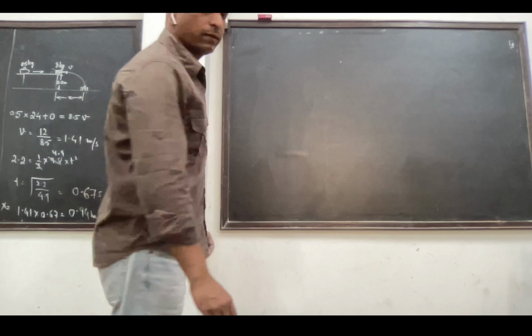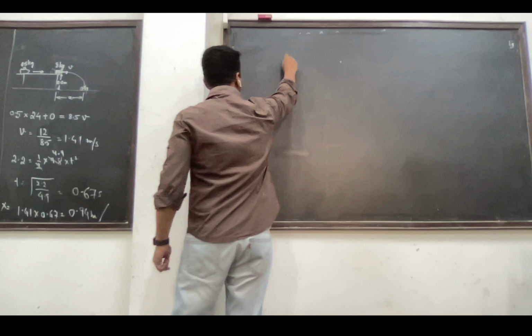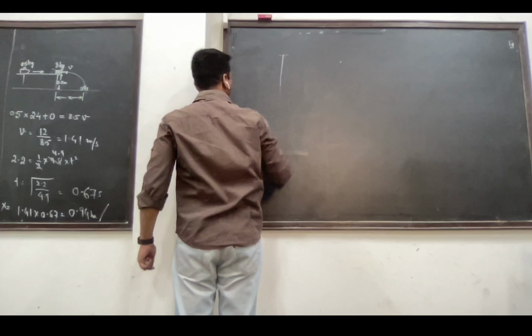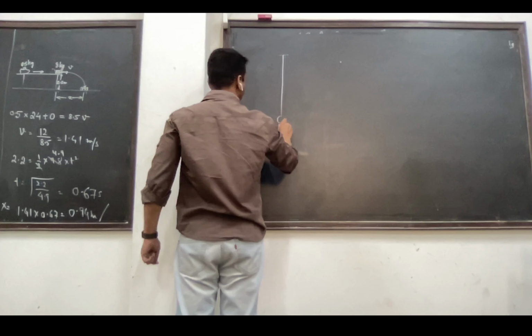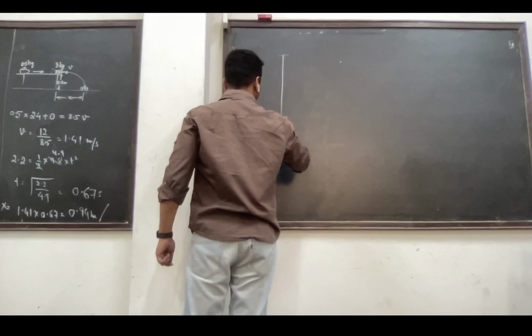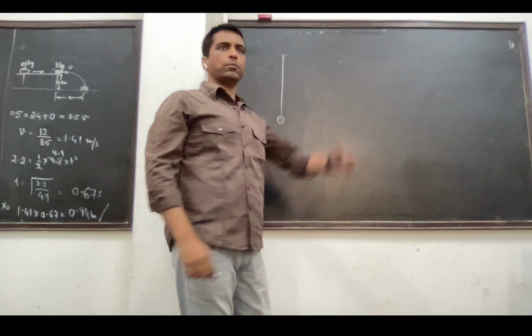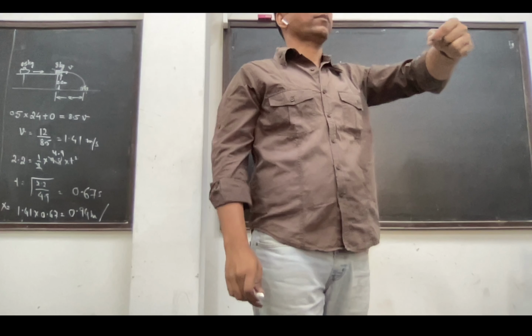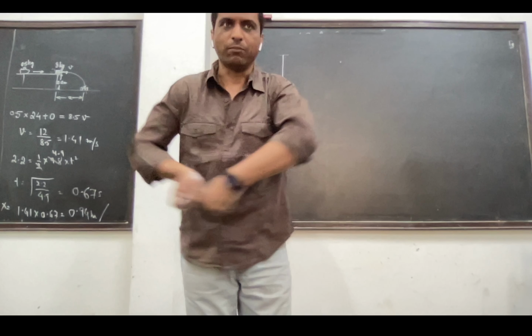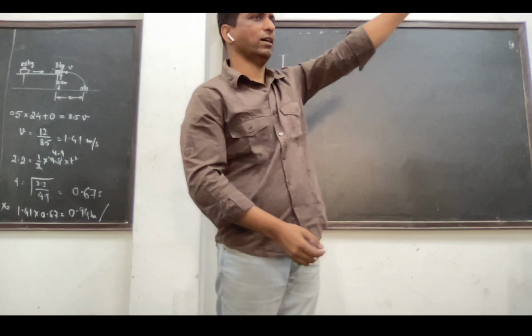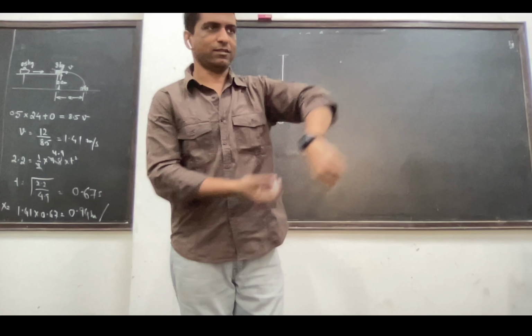An 8 kg ball hanging from the ceiling, a heavy ball. You know, those who practice cricket, they do this kind of thing. They will hang the ball with a rope, and they will hit the ball with the bat. The ball will swing, go ahead, come back, and again they will hit.